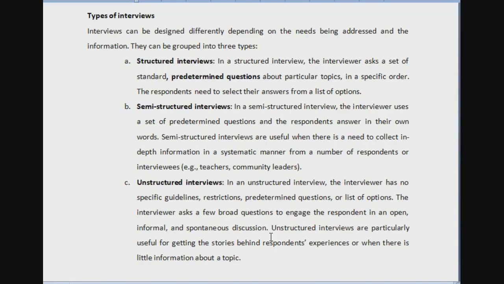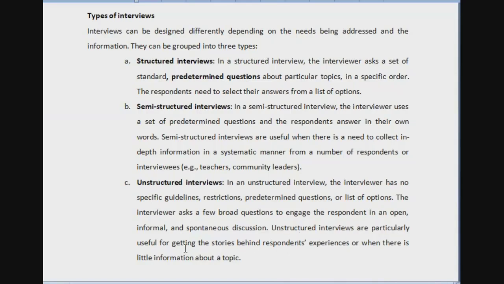So I will know that this is the broad area where I want to mainly focus, but I will not pre-frame the question or something, right? Whatever comes next, we will just have a very informal kind of conversation. And there, whatever information I collect, I will accordingly use it for the purpose of research.